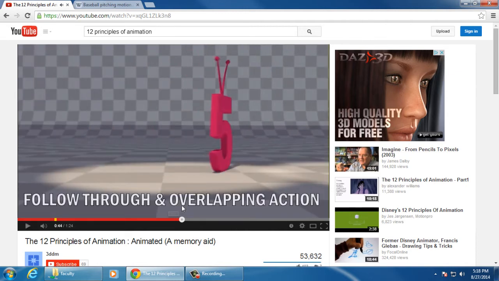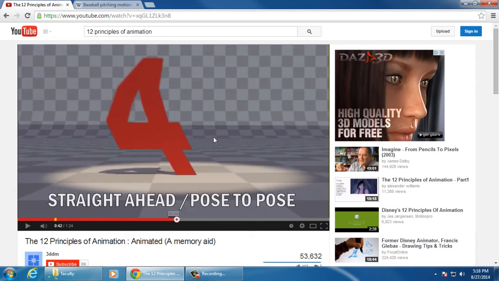The last one, oops, let's go back to number 4: straight ahead or pose to pose. This refers to 2 different ways to animate stuff. Okay? If you think of an animation, it's just frames, right? That's all it is. So when we animate something and we do straight ahead,